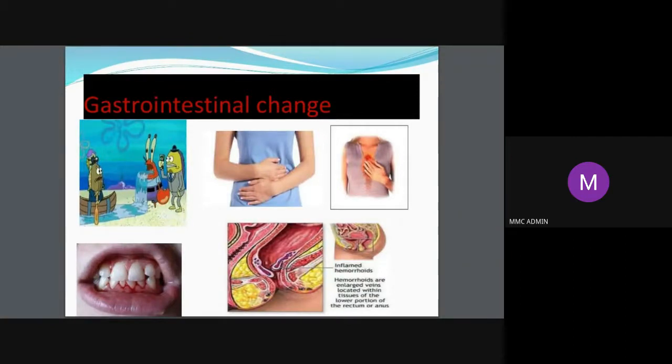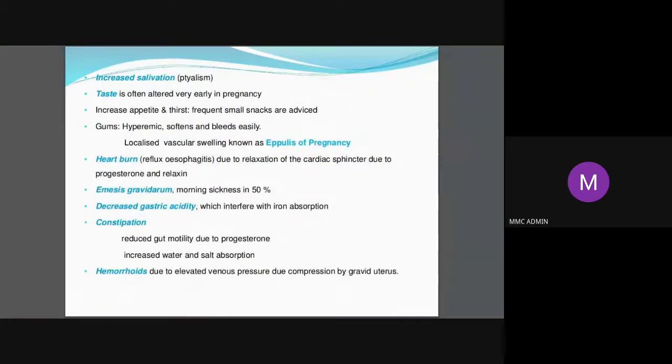Then, what happens is that taste is very much altered. She may have liked some dish very much when she was non-pregnant. Suddenly she doesn't like it at all, because the taste buds, everything is altered. Then another thing, the esophageal sphincter, again everything is loose in the body because of progesterone. So the stomach contents tend to come into the esophagus, so she may have heartburn, and the gastric emptying time also increases.